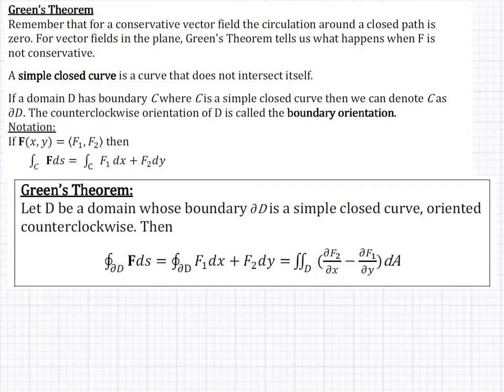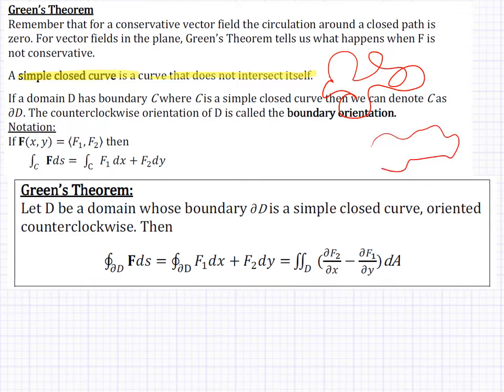Two, it only can be used if we're working with a simple closed curve. So a simple closed curve is a curve that does not intersect itself. So here is a closed curve, okay? Starts and ends in the same spot. Here is a simple closed curve. And so the difference is that a simple closed curve bounds a single area, where just a closed curve can